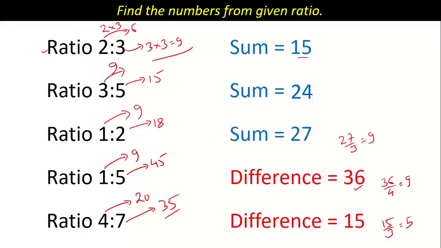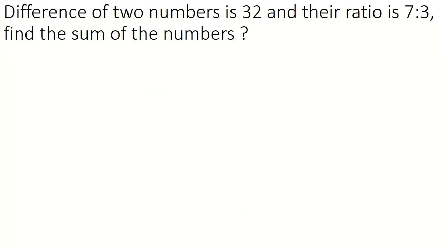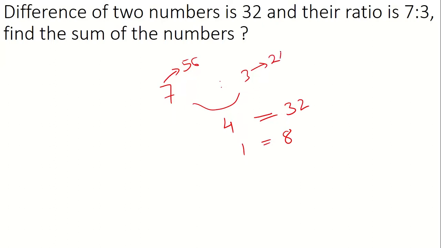Let's move to the next concept, which is related to the previous slide, but the question is given in words. The difference of two numbers is 32 and the ratio is 7:3. First part 7, second part 3. The difference is 4 parts. The value of 4 parts is given as 32. So 1 part is 32 divided by 4, which is 8. So 7 parts has to be 7 into 8, 56. 3 into 8, 24. So find the sum of numbers, which is 56 plus 24, that is